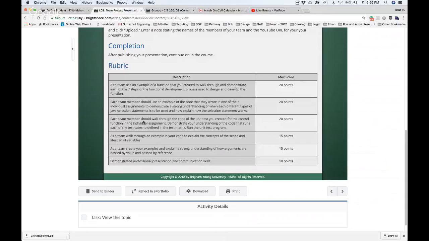Here's this one where we walk through our unit test, that each of the test cases defined, and we ran it. And then we also just talked about scope. So if you want to talk about up here a switch statement, and then if you'd like to talk about examples of how arguments are passed by value and passed by reference, then I think we've kind of covered the